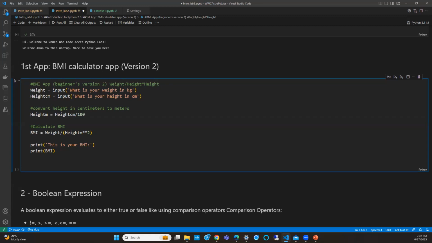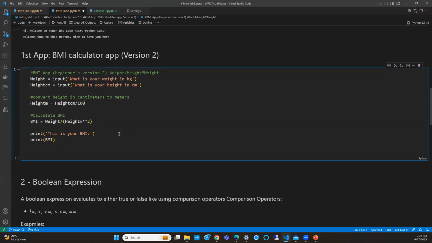Okay, I'm going to give you some time to look at the code, and then you can put it in the chat or just raise your hand and I'll call you to speak and explain to us. So there's some bug with it. Any idea on what the bug is?